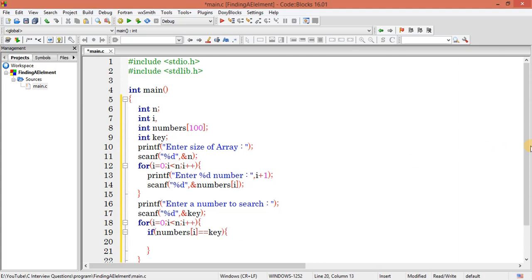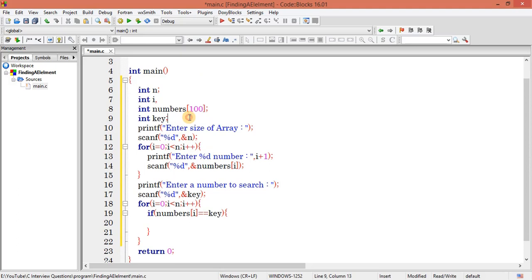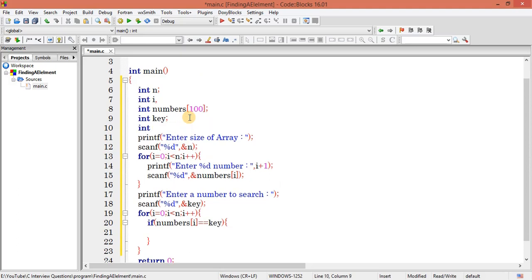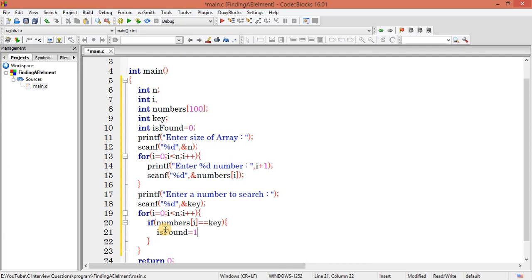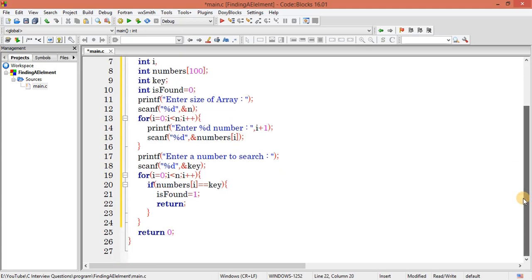Once I find it, let me declare one more variable, is found, and set it to 0, meaning not found by default. Once it comes into the loop, it will set is found equal to 1 and terminate the loop, because we don't want to execute anymore.